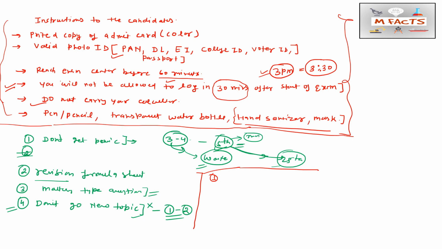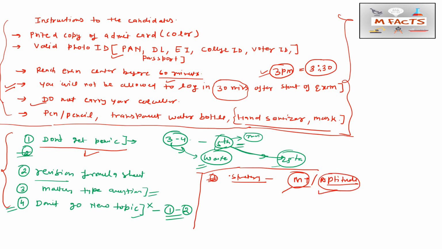So these are all the instructions for you before and during the examination. One more thing: don't panic at any time during the examination, or before or after it. First of all, try to make a strategy, because strategy is important since you have two sections. The first is aptitude and the second is MT, the metallurgical section. Prepare yourself whether you will start from aptitude or from MT. Choose one section and make a strategy about whether you will do 1 mark questions or 2 marks questions first.